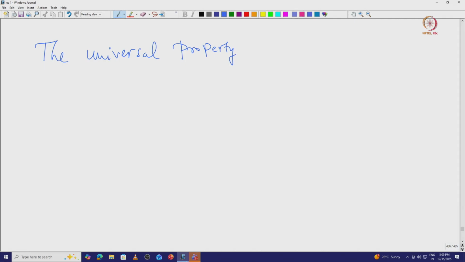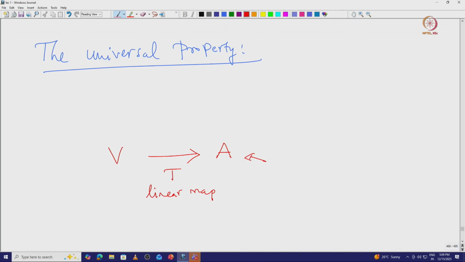I am leaving it to you to check. If we have a linear map from V to A, let us call it t, where A is given to be a unital associative algebra,